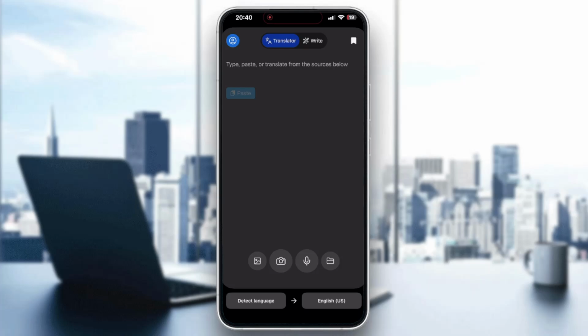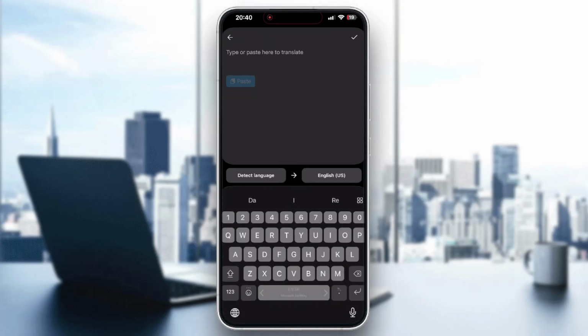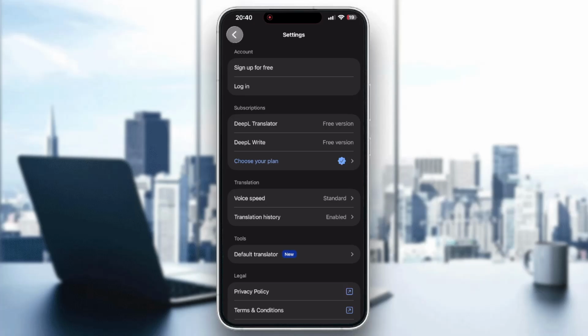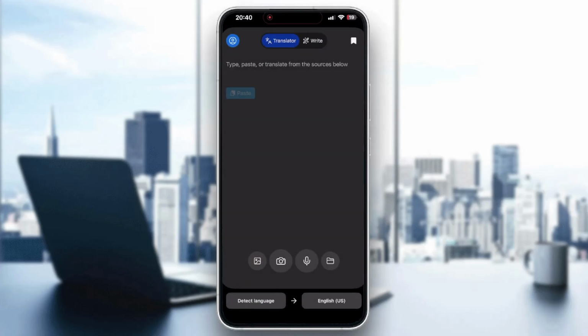After installing it and opening it up, this is going to be the home page you're greeted by, from where we can get started with making our translations. In the upper left corner you have the settings option, from where you can get started managing how your application works and so on. So let's take a look at what to do in DeepL if your translation output